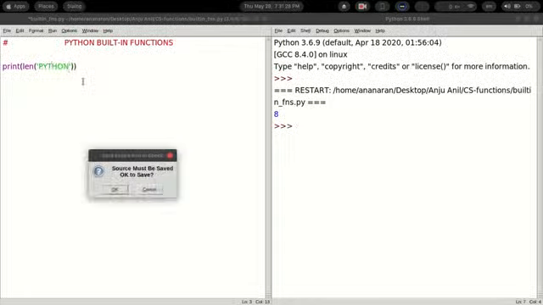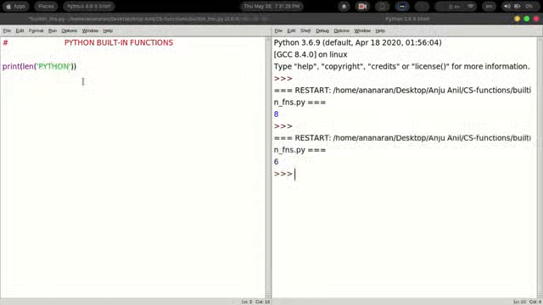Similarly, if we make use of another word, Python, and then we execute the program once again, you will get the output as 6. Python, total number of characters is 6. So the len function gives you the length of the word or length of the string that is given within the brackets.